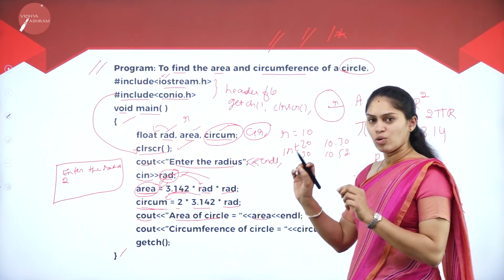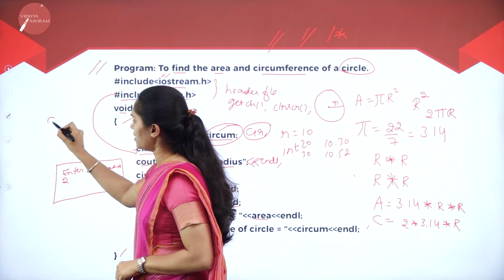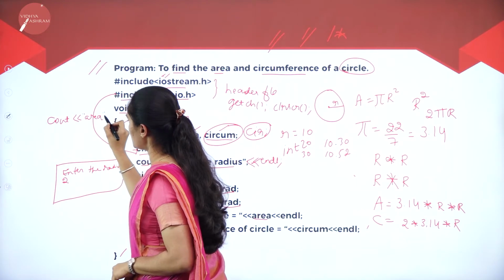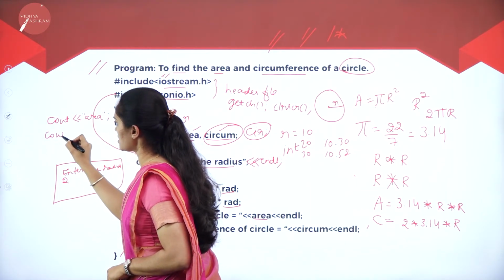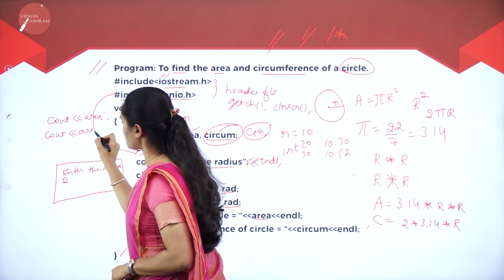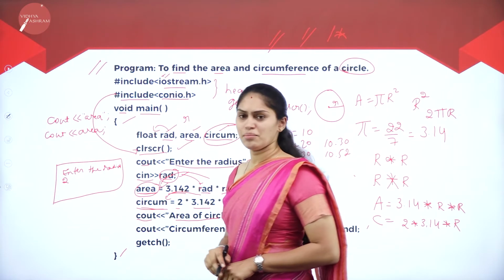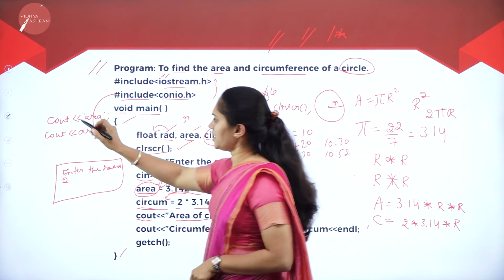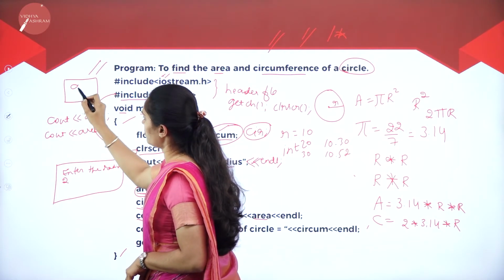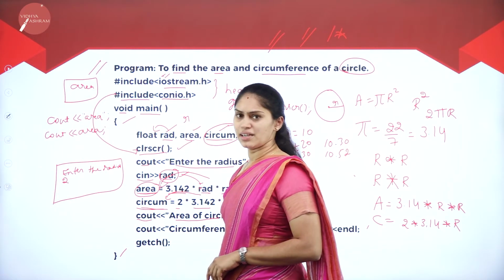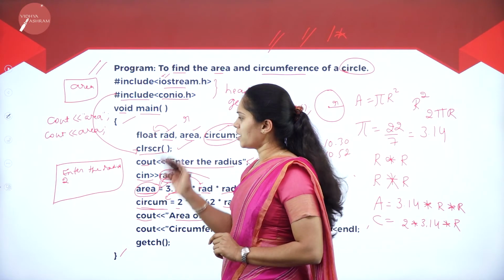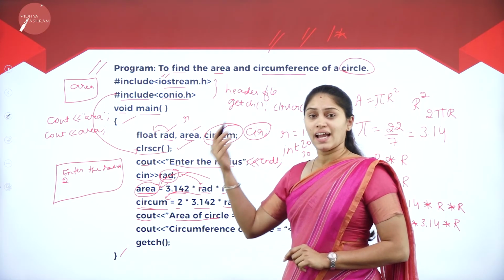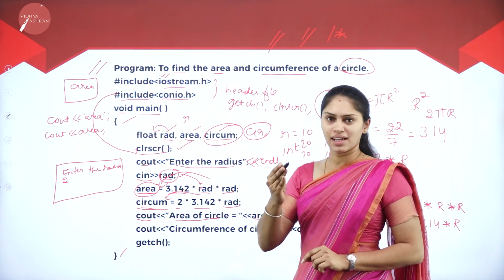So I am taking that value. Here, we write a variable name in a cout without using double quotes. If I use the variable name within double quotes, that is different. Let me tell you: if I write cout area within double quotes, it will be displayed as it is, as a statement. But if I use the same variable name in the cout without double quotes, then it will hold the value of that particular variable.